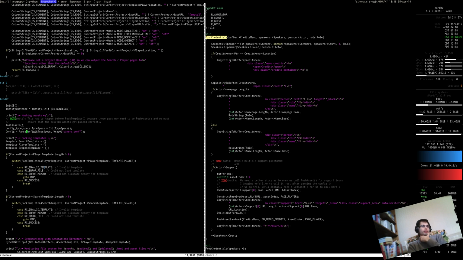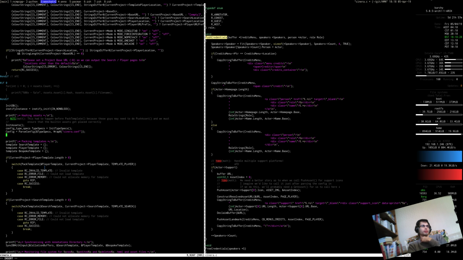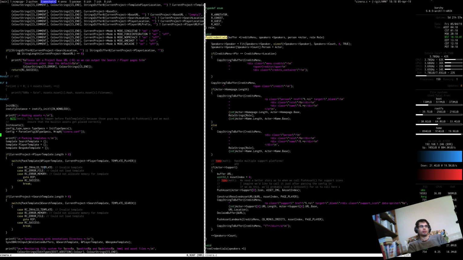So when we run it from this directory, it'll open up cinera.conf. Now, we could also do the following. We could say, what do we have? Get product from. We have get product from DB. I don't think we have a get product from config. So what we need is a get project from config and a get project from project. Although, I mean, we don't need to get the product yet because we're pushing on the assets. So we could actually just use the config straight up. So we could say